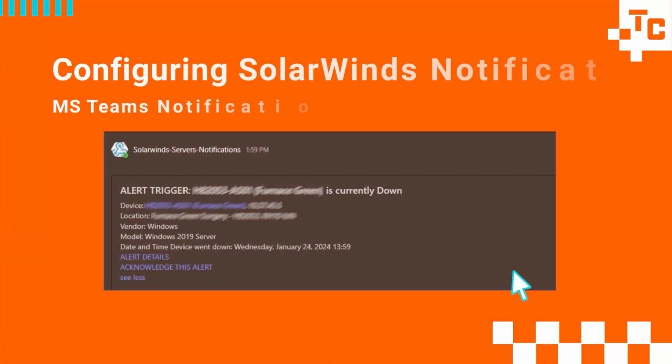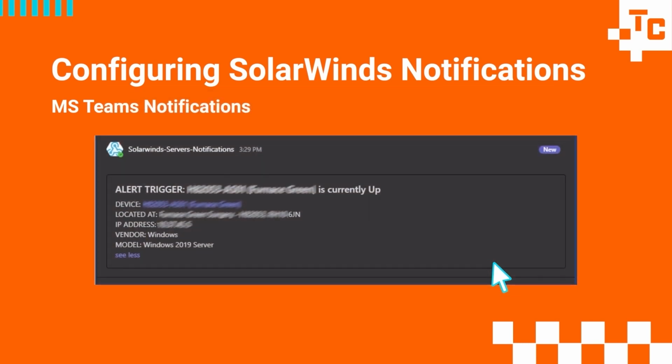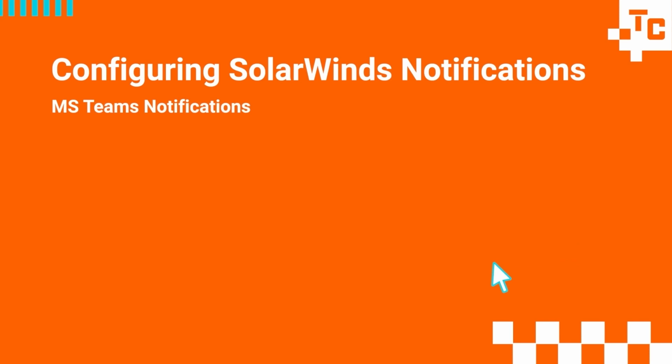Yeah, very much so. What about acknowledgement? Do you guys use acknowledgement through Teams as well? We can actually do an acknowledgement from the posting itself. So we've got the acknowledge this alert option within the actual Microsoft Teams message. But as you said, we can also post a reply to the actual message itself as well.